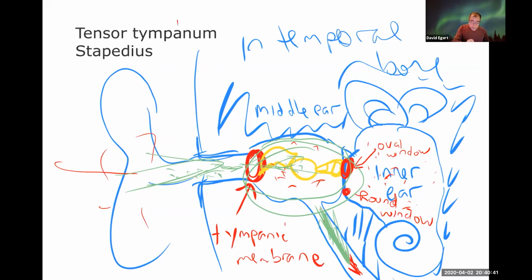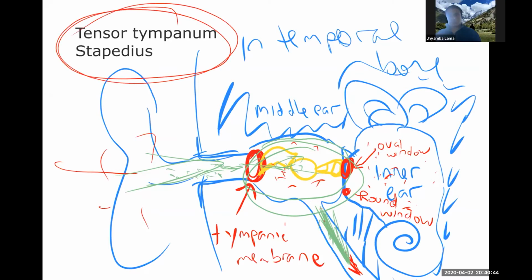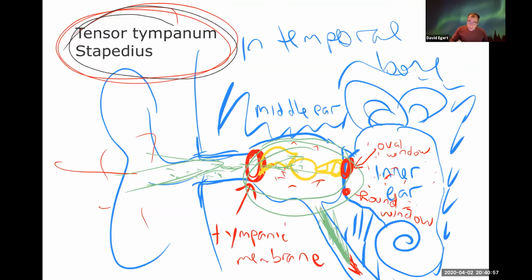So tensor tympani and stapedius are two little muscles in the middle ear. Tensor tympani will actually grab onto the hammer to tighten that up. Stapedius will actually grab onto the stapes bone. And both of these muscles, their job is basically